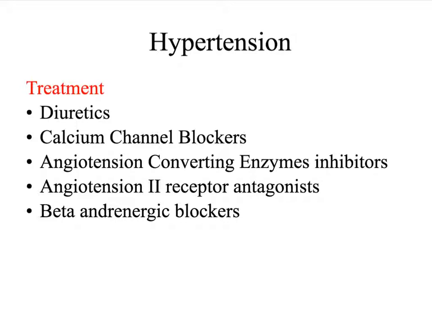ACE inhibitors are usually the third line that we might utilize in the treatment of a patient with high blood pressure. These are known as lisinopril and enalapril. They end in the prils. So basically, they block the action of the angiotensin converting enzyme there down by the kidneys that causes vasoconstriction. If we can prevent vasoconstriction, that means that we can keep the vessels dilated, so that in turn lowers blood